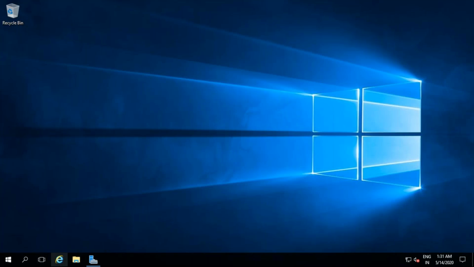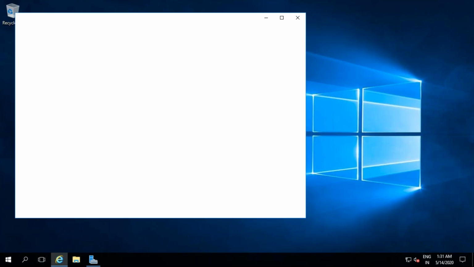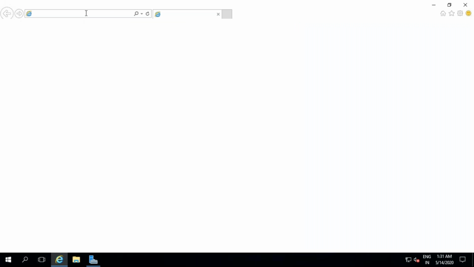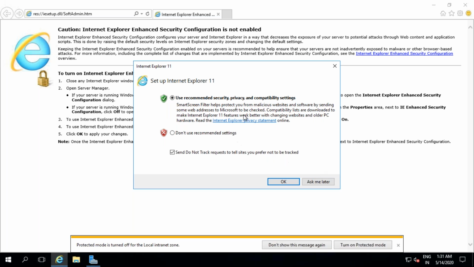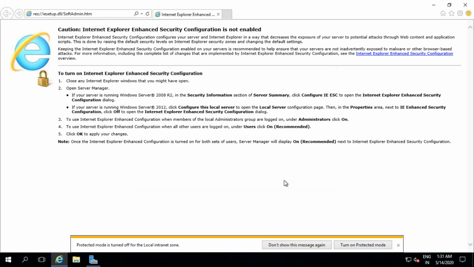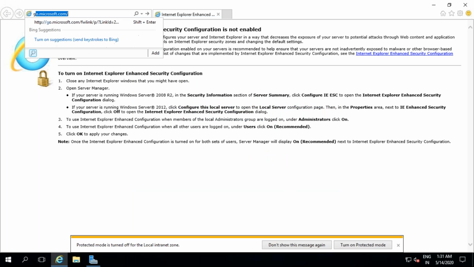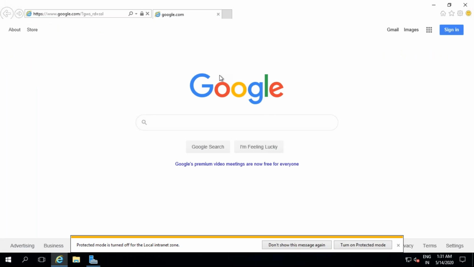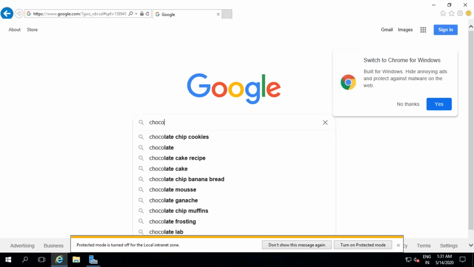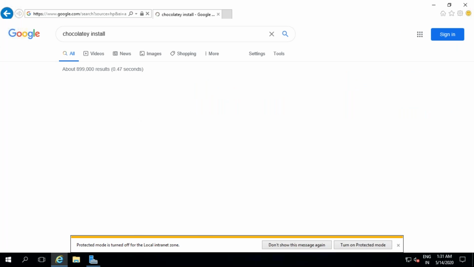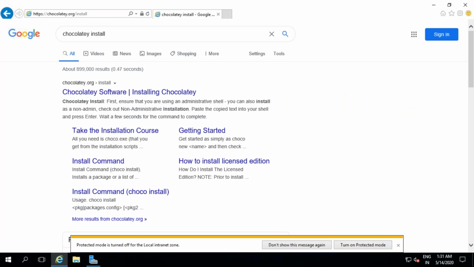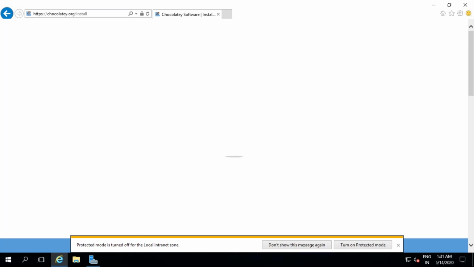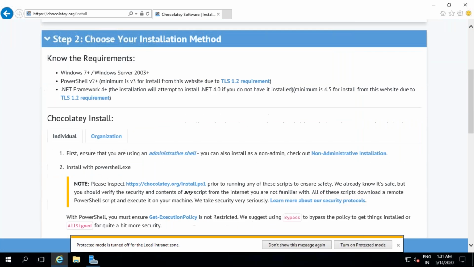Now what I'll do is, don't worry, it can be any activity. Right now I'm doing a very simple activity. I'll be installing something called Chocolatey. Don't worry about why I am doing this.